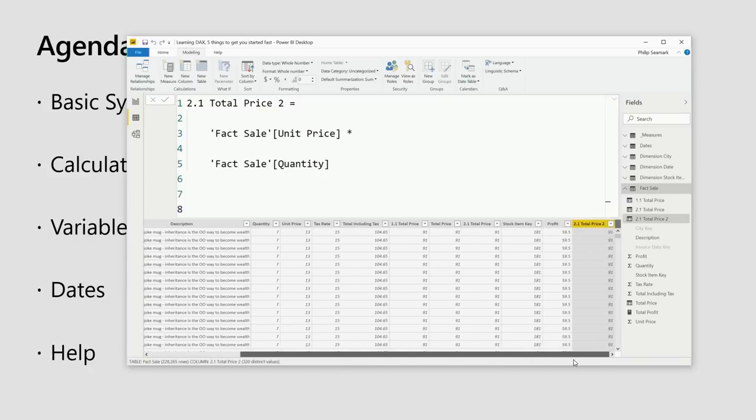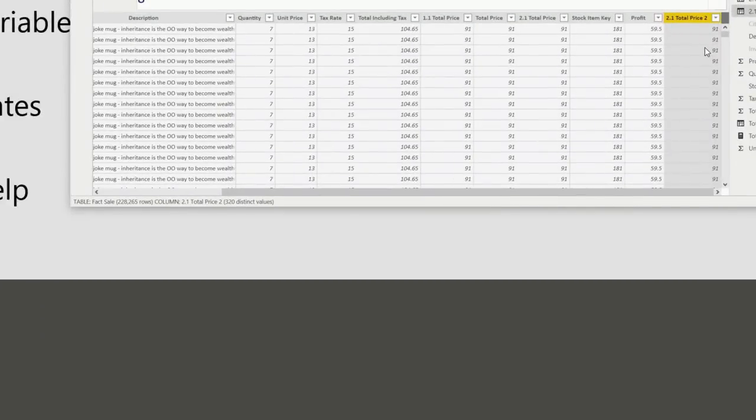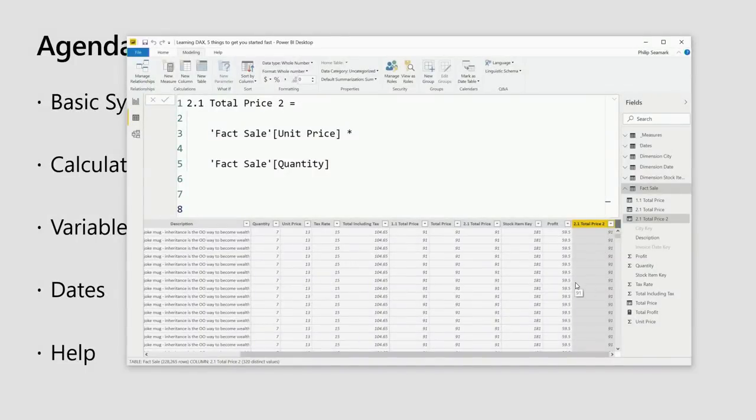If I scroll all the way to the end, there we go. There's the column that I've just added, and believe it or not, the value that has been put into each cell there will reflect the quantity in the column used.